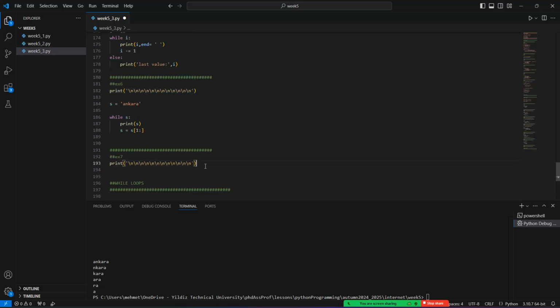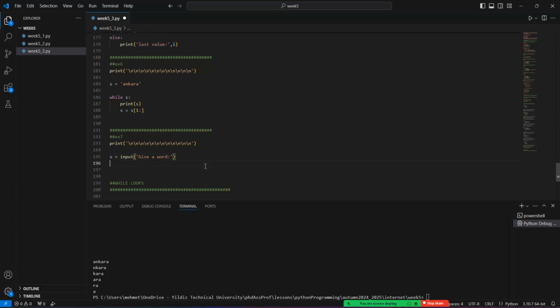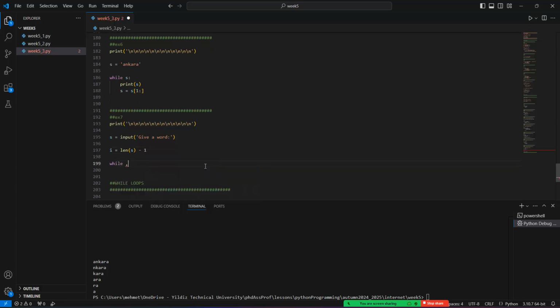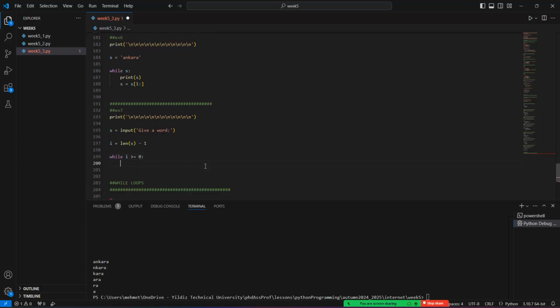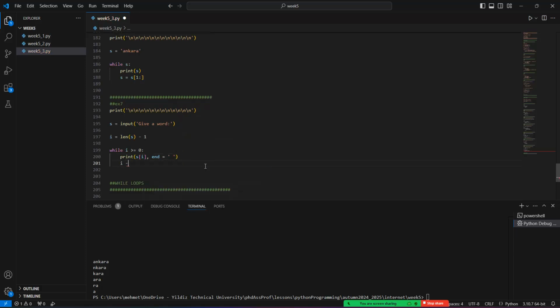Another example is given with the reverse string. As input, give a word like this one. Okay, and so i is equal to len(s) minus 1. While i is greater than or equal to 0, we can print s[i] with end as an empty space, and i minus equals 1. In this case, if you rerun this code, for example